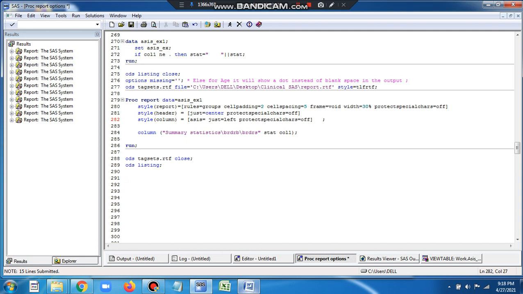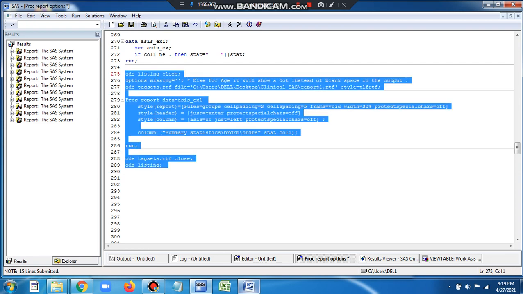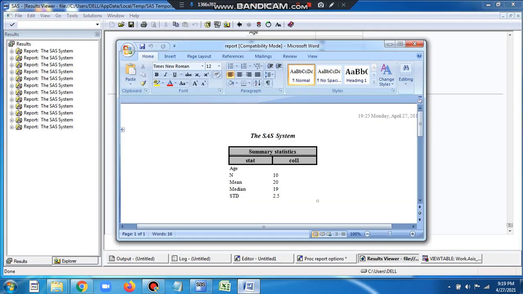ASIS equals ON. So you have to turn the ASIS option on. Let me change the name of the output so that it doesn't override the previous one, and we can compare.